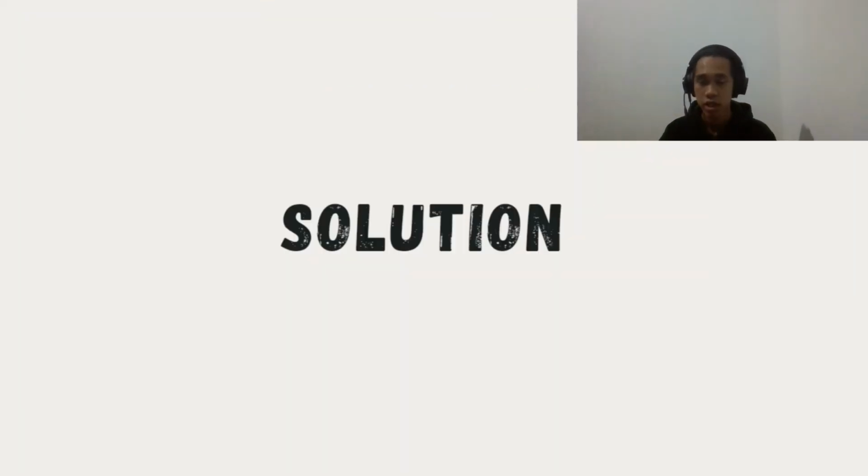Next, we'll be going into the solution. So, to find the solutions of this very specific problem, we must first identify what we must do from here till the end. To find the answer, we need first to examine the graph and choose what we need to do. And what we need to do right now is to make